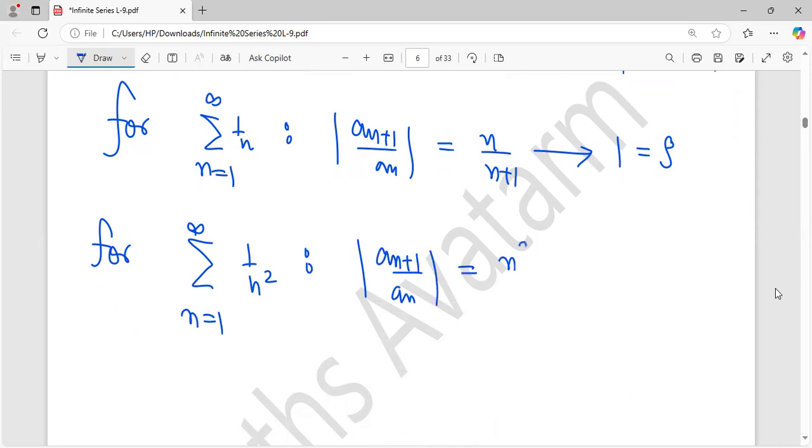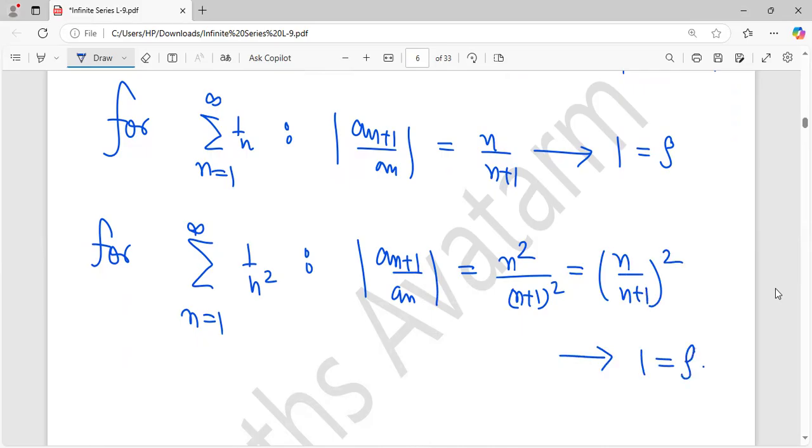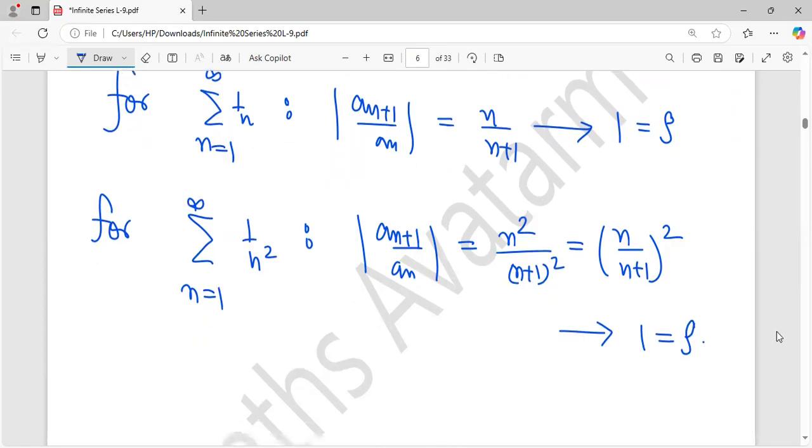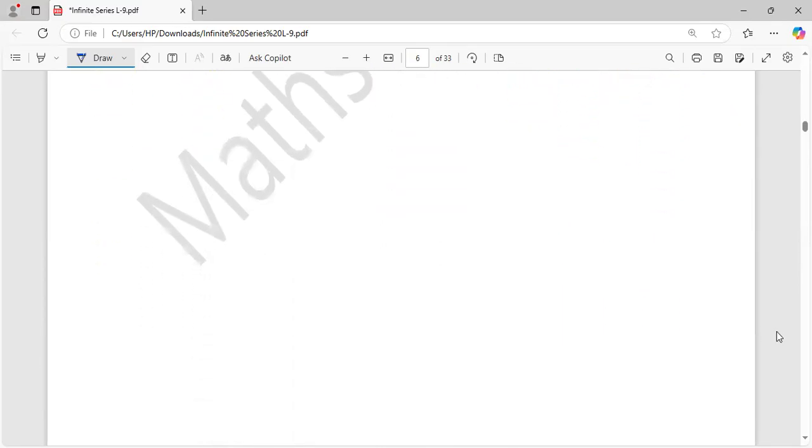This is n square upon n plus 1 whole square, that is n upon n plus 1 whole square, that is also 1. Okay. In both series, in both cases